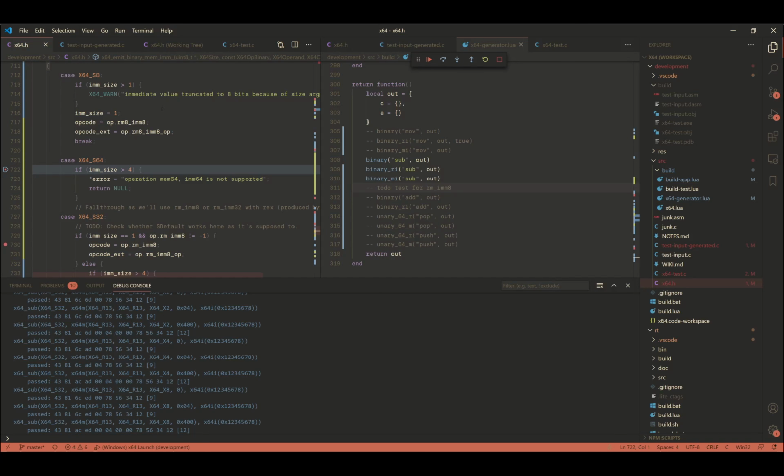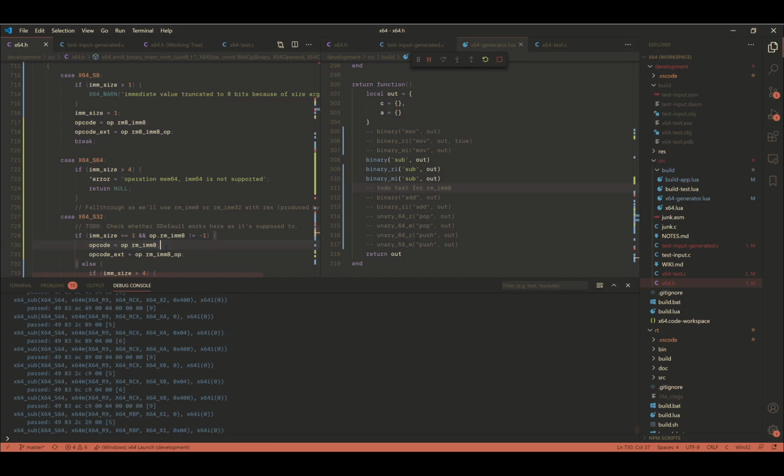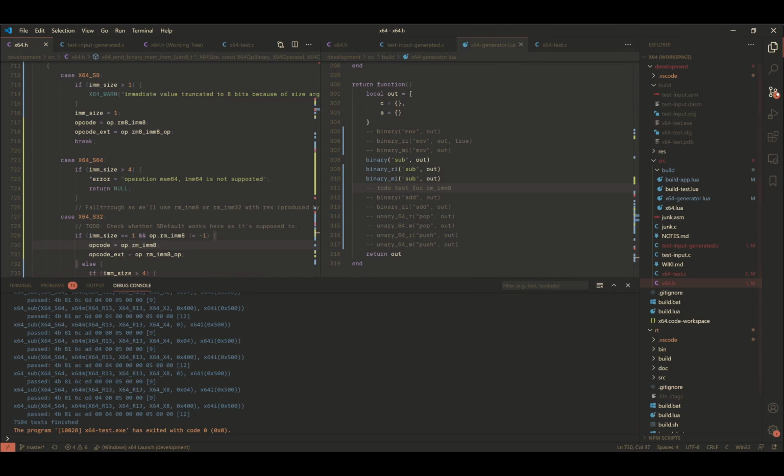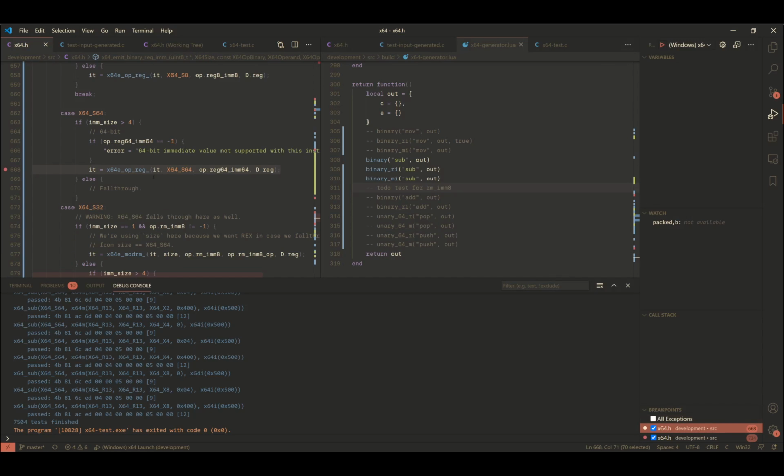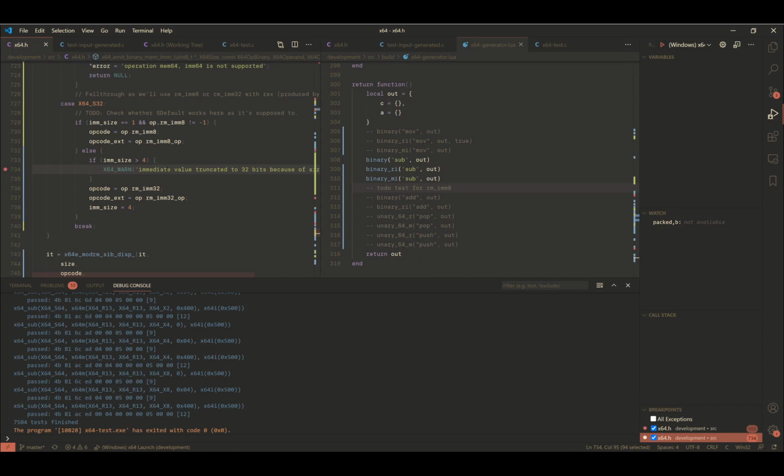Okay, so we're hitting this one. That's correct. We're hitting this one. That's also good. And there are some branches that we probably didn't take. Now these two. So we didn't take this one because, yeah, that makes sense. Didn't take this one. But I wonder why we didn't take it with MOV. I will keep the bookmark here and go back to MOV, because this one should have been taken somewhere, and if it's not taken, then we don't have it covered by tests. And the second part, this one,